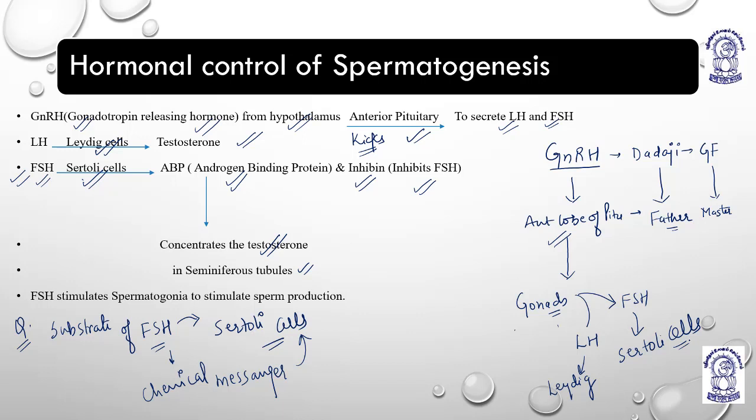Is that understood? Okay. So now, if the levels of testosterone are already high in blood, this high level of testosterone basically puts a negative impact on GnRH and LH, right? So it basically provides a negative impact. When GnRH is not secreted, the anterior lobe of the pituitary will also not secrete luteinizing hormone. So basically testosterone imposes a negative impact on both GnRH and luteinizing hormone.